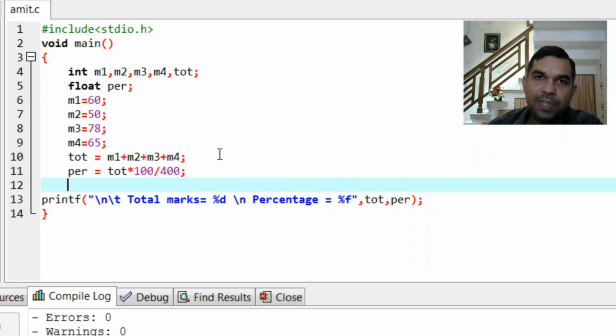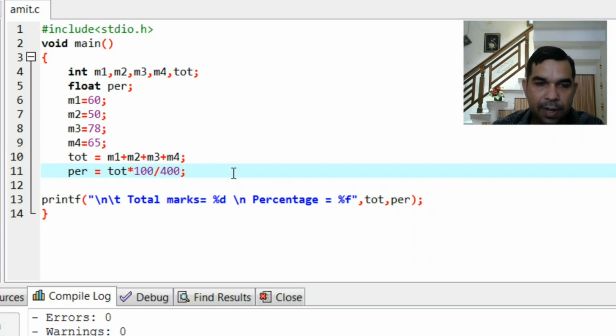So we have three types of statements: integer mode arithmetic statements, real arithmetic statements, and mixed arithmetic statements. If we have integer statements, the answer is integer. If we have real statements, the answer is real. If we have mixed statements, meaning some of the values are integers and some are reals, even then the answer is real. So that technique we will make use of here. For that we just divide, okay, and what we will write here, we will write 4.0.